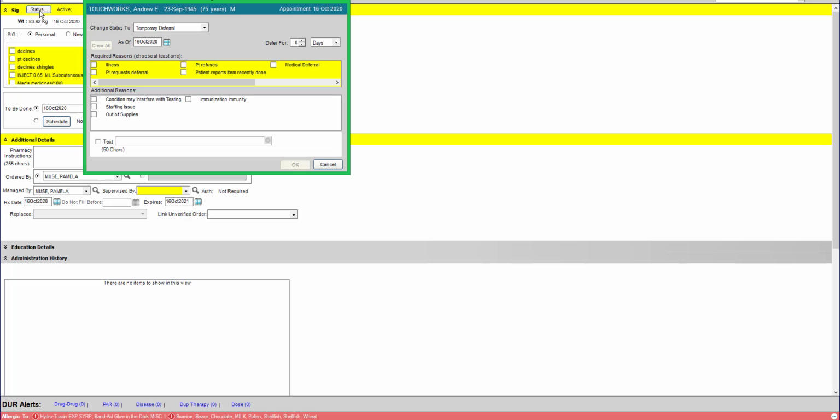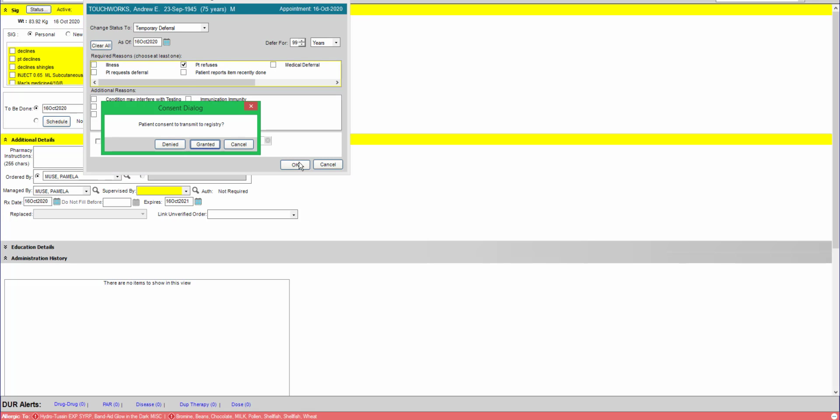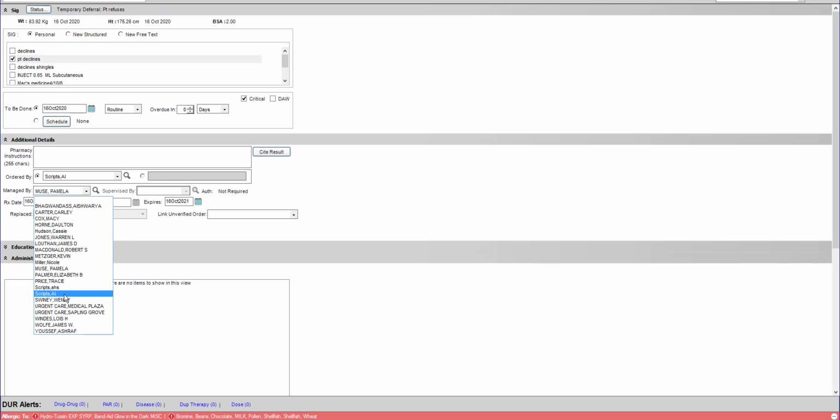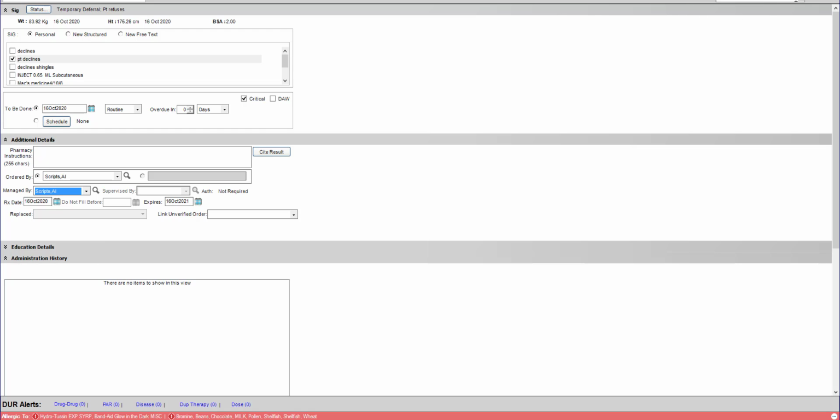I'm going to click on the status. It's temporarily deferred, and we are going to defer that for 99 years. And the patient refuses. I will now get a message about the consent dialogue, and we will grant that always. Patient will decline that. He is declining that. And I'll change it to my provider. And the reason for